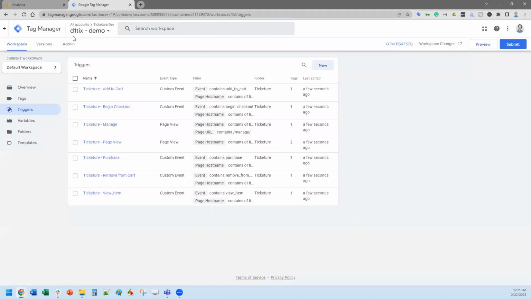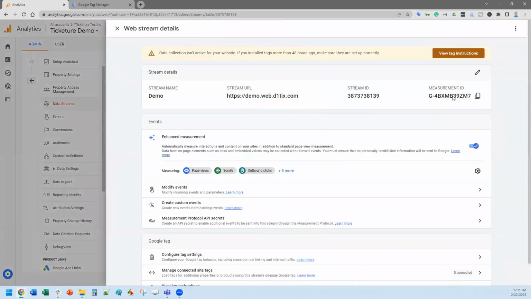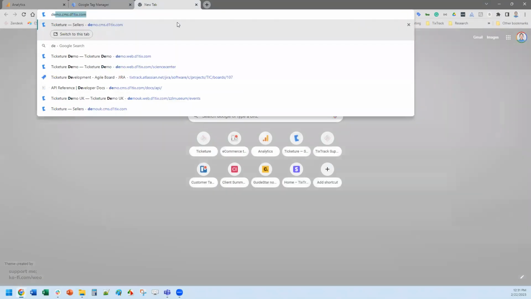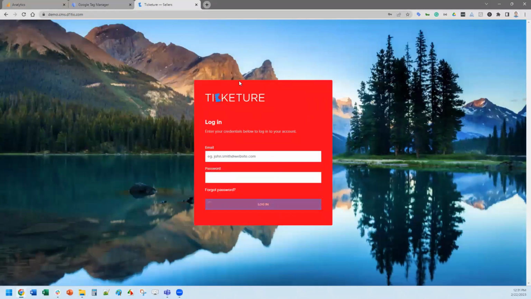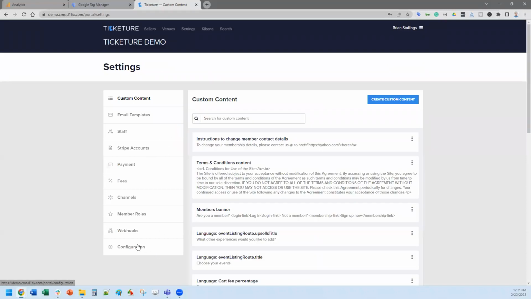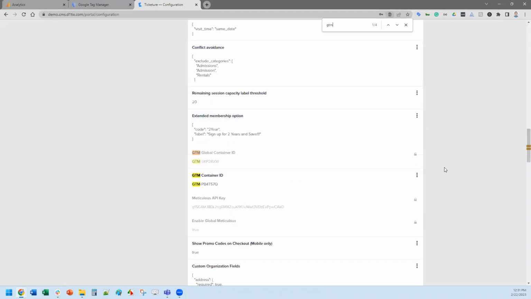We do need to set that tag ID. So let me back up. We do need to set this guy inside. Oh, no, we don't. Sorry. We need to set your Google Tag Manager ID. This GTM ID needs to go inside your Ticketure instance. I think this is actually filtered by user. I don't know fully if you guys are able to configure this, but if you aren't, let us know. This is just what's called the GTM container ID.